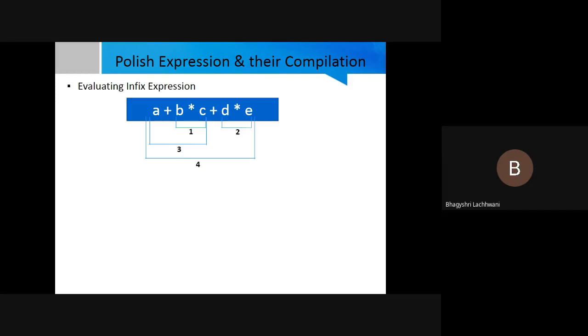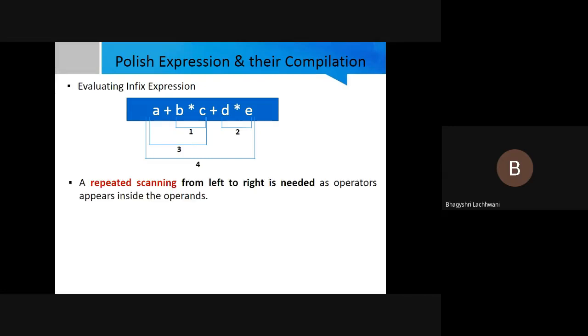Just take an example. In the same expression, suppose you are given, in round brackets, a plus b, into c. At that time, parentheses have higher priority than multiplication as well. So first you have to solve a plus b. Why? The reason is parentheses have the higher precedence. They have the higher priority, or in simple words we can say precedence. So you have to compulsorily solve a plus b first. Why? Because it is given in the expression in parentheses. So whatever operators are used, according to the priority or precedence, you have to solve the expression.